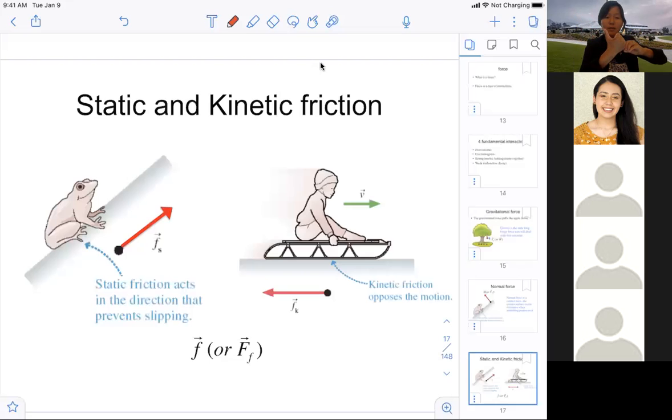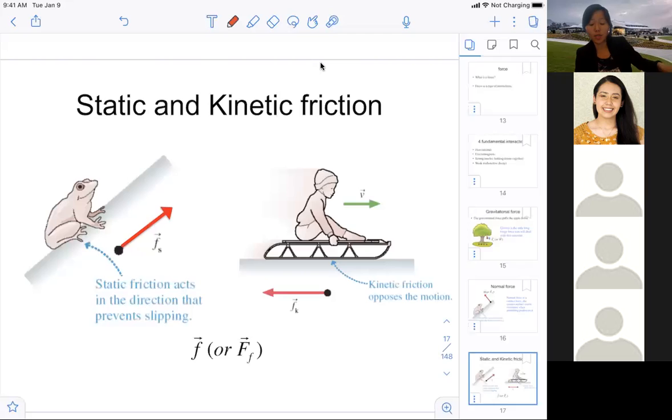So friction is always along the direction parallel to your surface. So in this case, static friction is pointing upward, up the ramp. You can use F, little s to represent it, showing it is static friction. Now, if something is moving, like you're sliding across the surface,